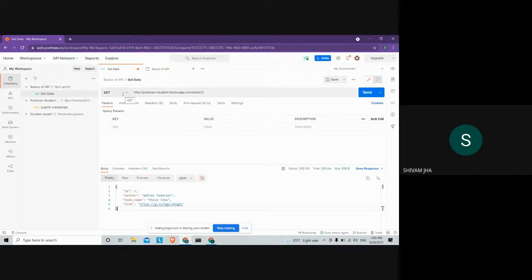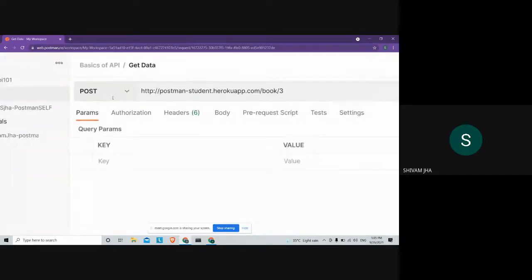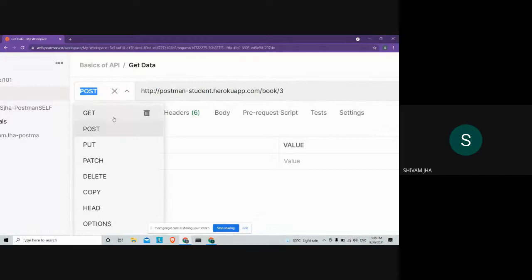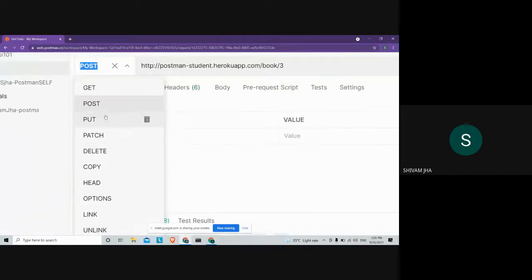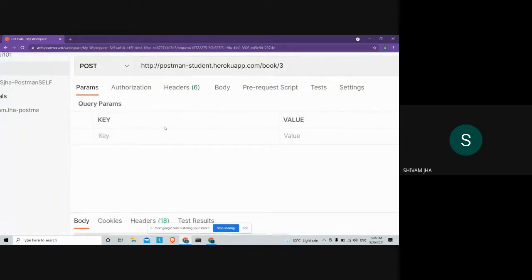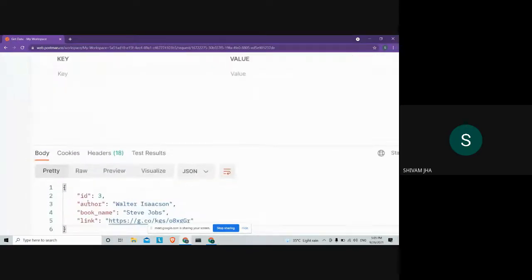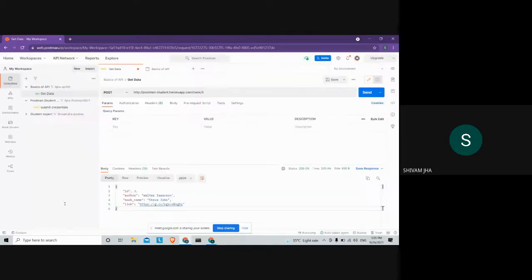Okay, we'll copy this schema and we'll change the request to post. Now what is this going to do? This is going to post. We'll change the request, this is the arrow key here. You can get a whole lot of requests, but we'll be using the post one, and we'll be copying this schema that was received earlier from our get request, basically to let us make a valid request to our API server. So this was the schema, and for the post request, we change it to post.